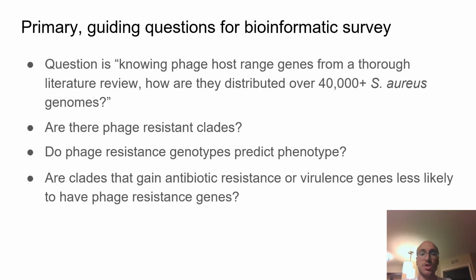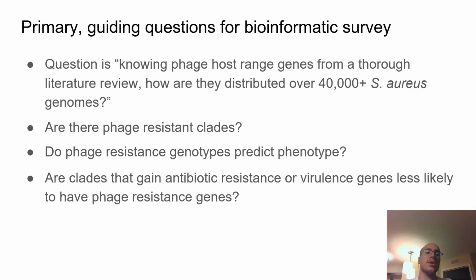The main question driving my bioinformatics survey is, knowing phage host range genes characterized in Staph aureus and other species from a comprehensive literature review, how are these distributed in our database of over 40,000 curated Staph aureus genomes? Are there clades that are more phage resistant than others? Do phage resistance genotypes predict phenotype? And finally, are clades that gain antibiotic resistance or virulence genes less likely to have phage resistance genes or vice